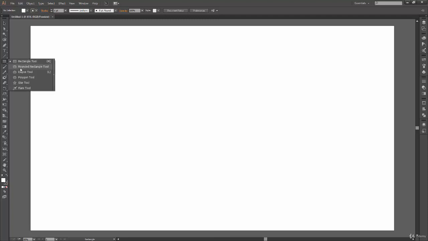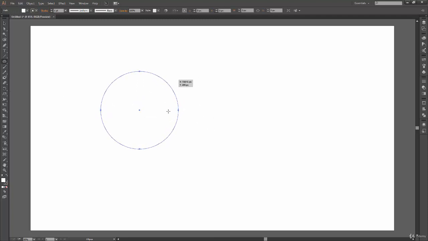Okay, so the first thing I need is two concentric circles to explain this example. So let's copy this circle and we'll paste it at the same position by using Ctrl Shift V. And once we have our new shape pasted, we can scale it down, and while scaling we can press Alt and Shift key together so that it scales from all the directions. Okay, so I think this looks good enough. Now we have two concentric circles, and let's fill some color inside these.